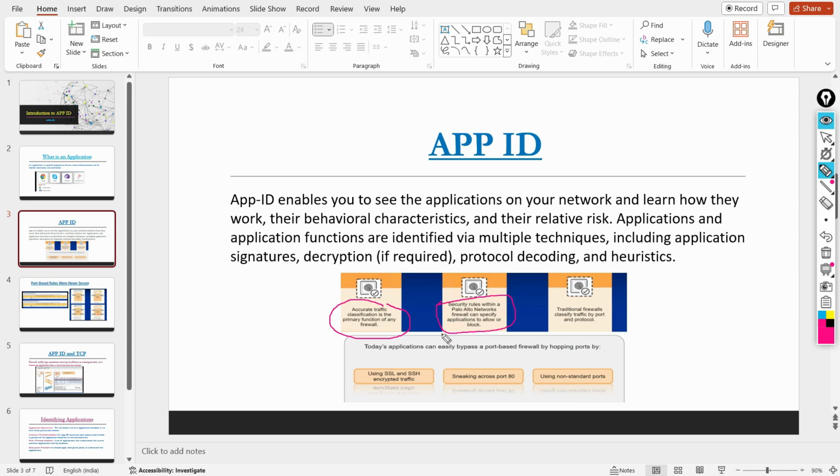After App-ID was introduced, we create policies based on the App-ID, and if the application is using a different port than the default, then we need to specify that too.